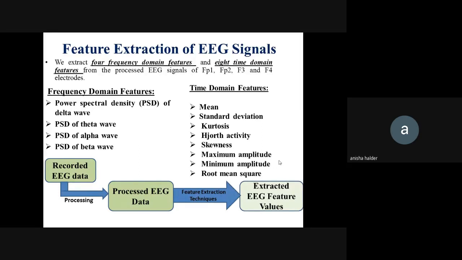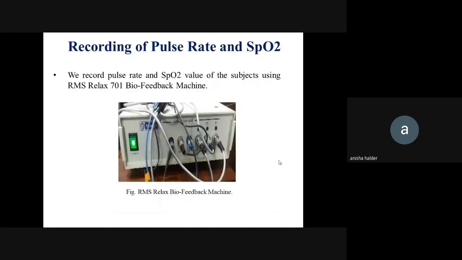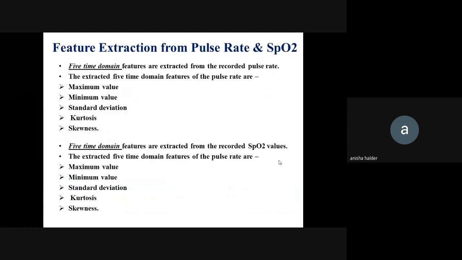So these are the EEG data. Apart from EEG, SpO2 is there and pulse rate is there, right? For pulse rate and SpO2 we have taken these features. 5 time domain features are extracted from the pulse rate, and 5 time domain features have also been extracted from the SpO2. The features are the same. You can see for both SpO2 and pulse rate, the features are